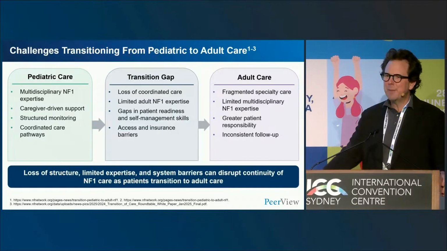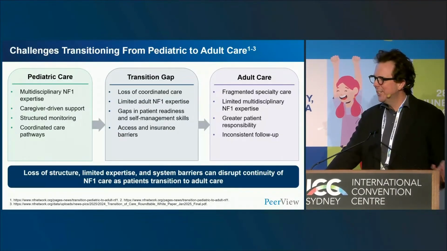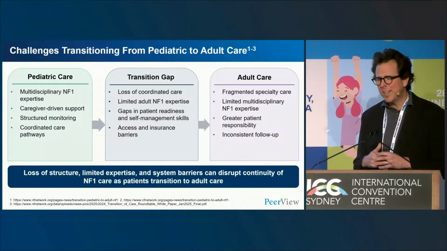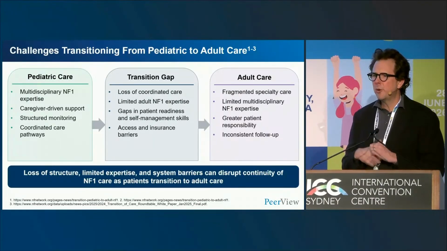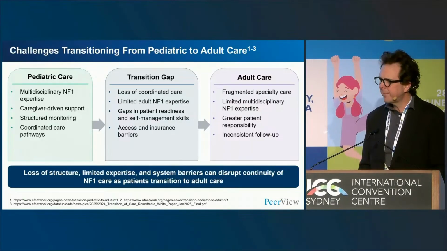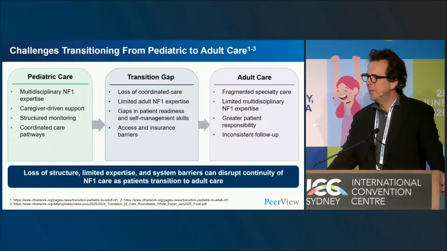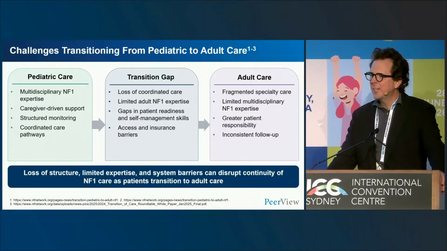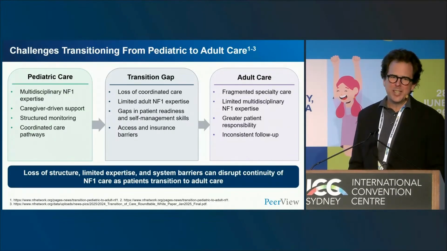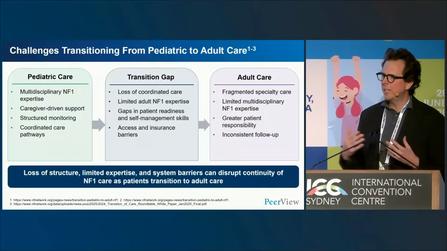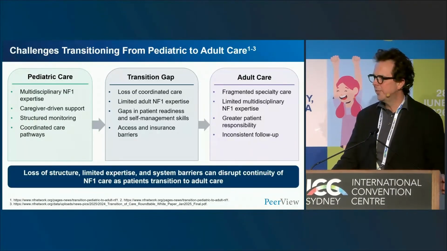Often, our patients will come across to the adult hospital, and they're used to having much more multidisciplinary care in a paediatric setting, often a little bit more coordinated and organised, and much more focused around caregiver-driven support. And that often leads to challenges in transition, where patients can be lost to follow-up during that critical time in their care, and we often assume that patients turn 18 and they're ready to look after their own care themselves, and we need to have a much more family-involved approach to how we look after these patients in transition.